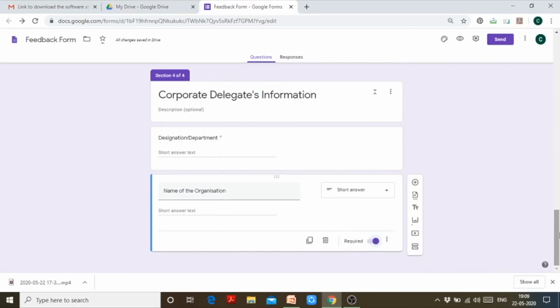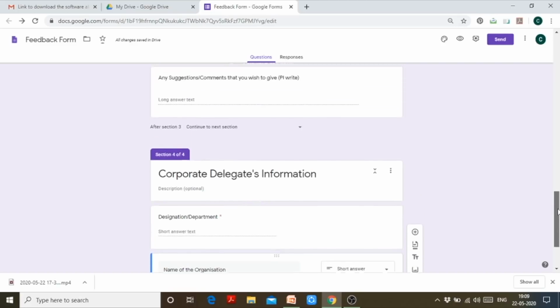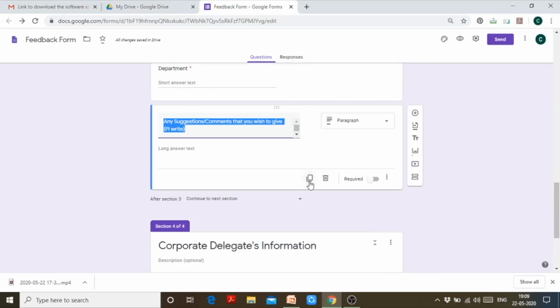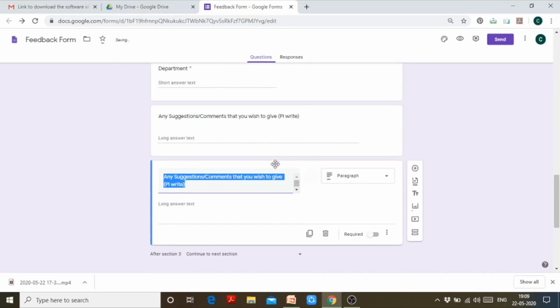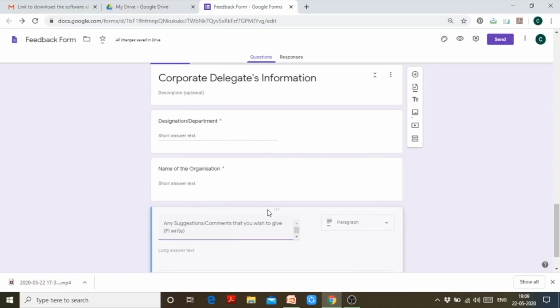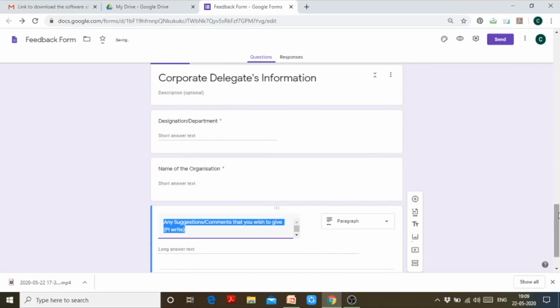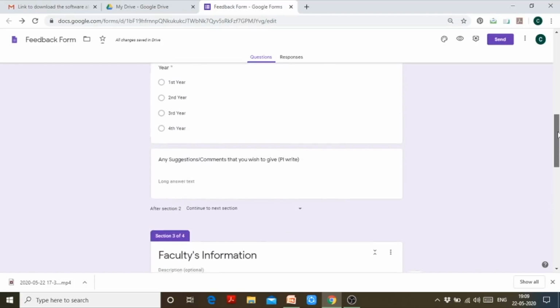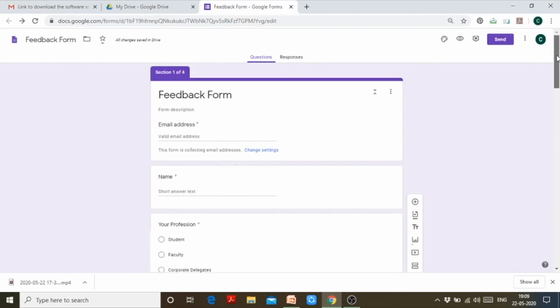And I want to ask again the same question, any suggestion, comments that you wish to give. So I can duplicate the question, move it to the bottom of the page, and place it here. Now, as you can see, I'll show you the preview of this form.